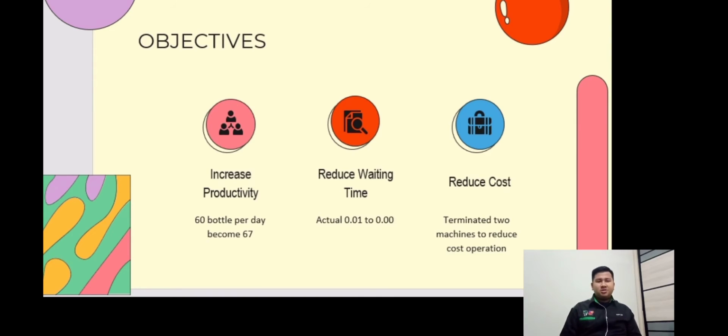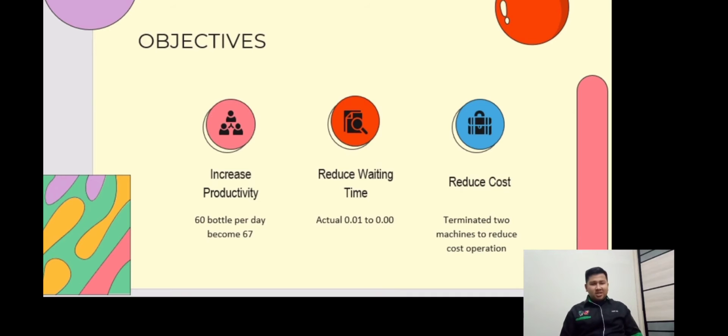For the ZARA FOODSTUF industries, they managed to make 60 bottles per day. As Promodeler users, we try to use the software to make it more efficient. We expect something bigger in amount, which is around 65 to 67 per day. So this is our objective that we need to achieve.